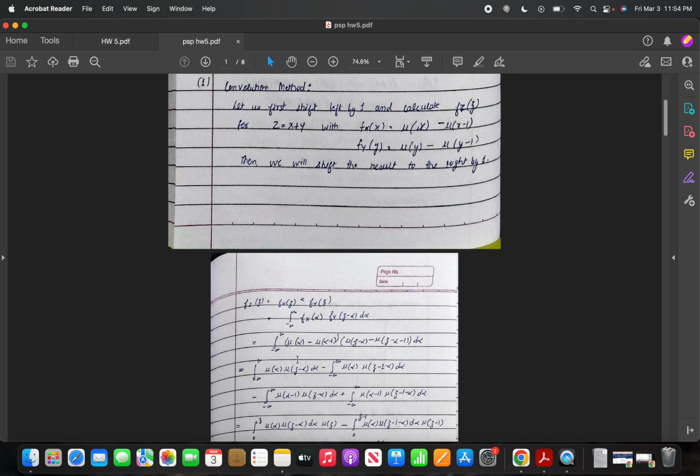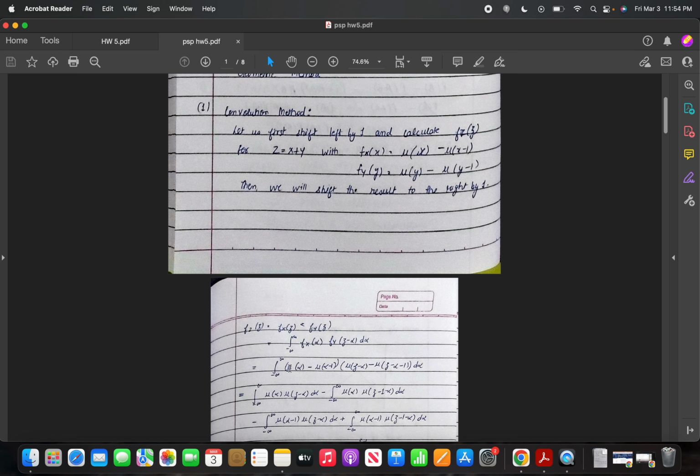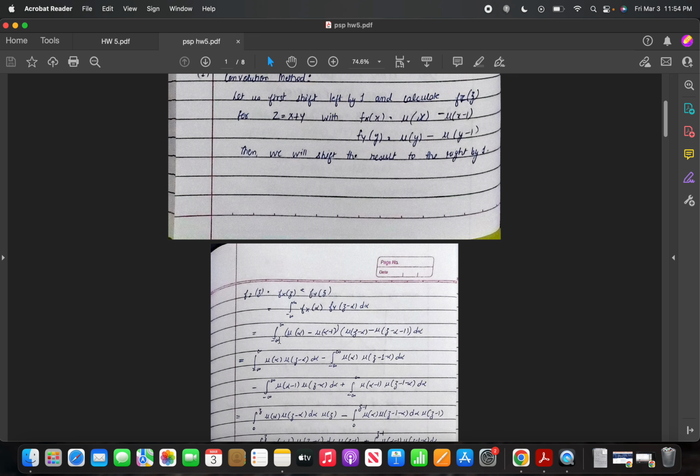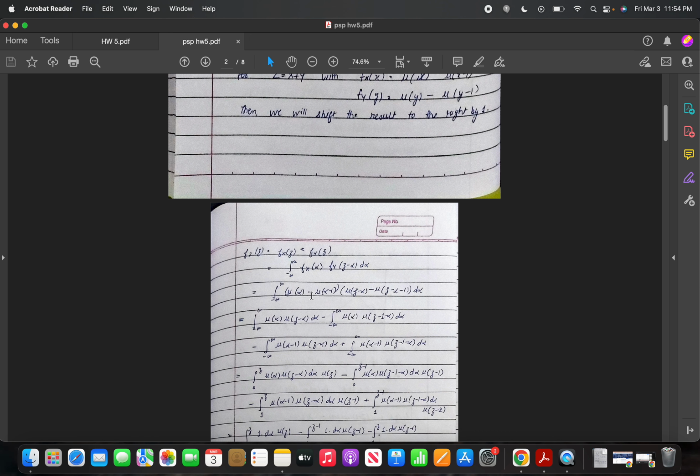Here we can see that this is PDF of x at alpha and PDF of y at z minus alpha, and we'll integrate it from minus infinity to infinity. Now we can split these into 4 terms. So these are the 4 terms that we'll get after multiplying